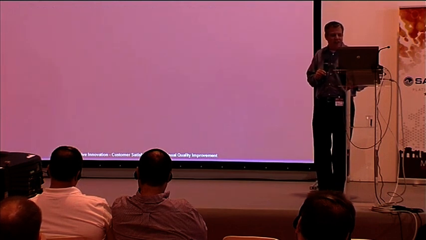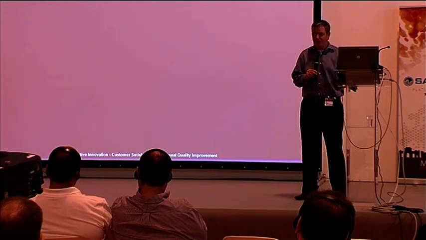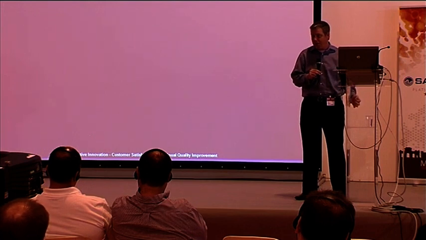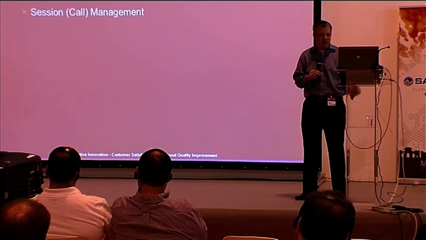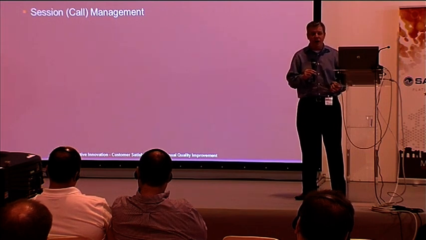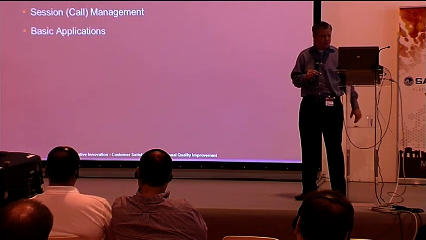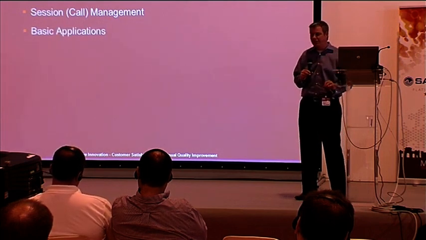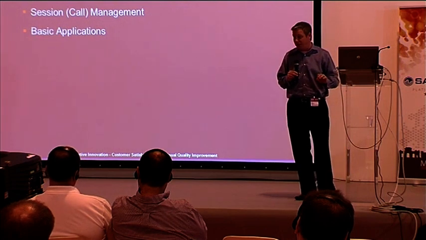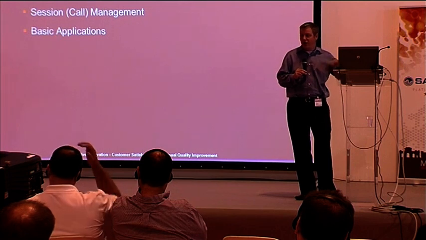So a little bit about Elastix and Asterisk. Asterisk is the engine that's underneath the covers. You don't necessarily interact directly with it, but it takes care of all of the VoIP connectivity and all the PSTN connectivity. It takes care of the call management functions, so routing, call setup, call teardown, call redirection or transfer. So many of the basic applications that are found in Elastix are overlaid on top of Asterisk.